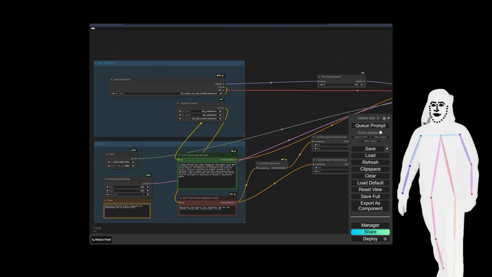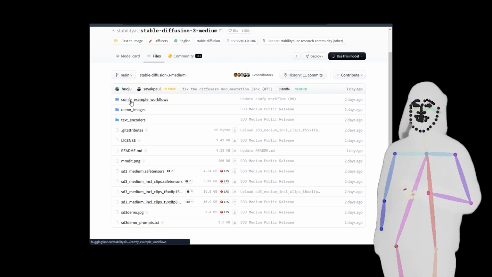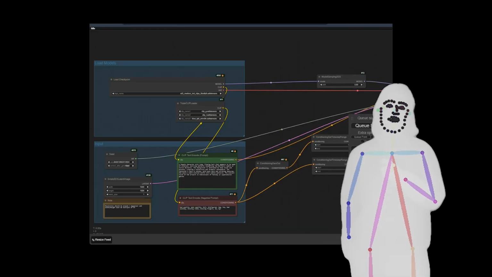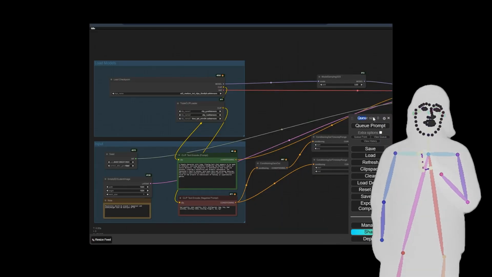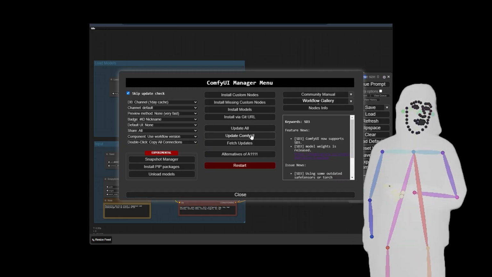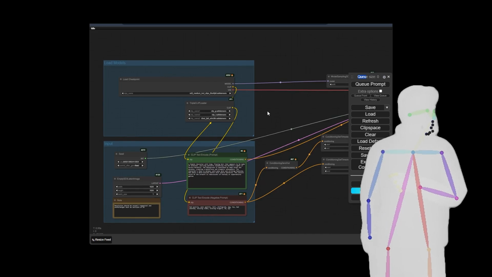So what we're doing here is we're going to use the demo Comfy example workflows. What I've done is I've updated my Comfy, right? By that, I mean, open up the manager, update ComfyUI. That's all I've done. All right. Now,